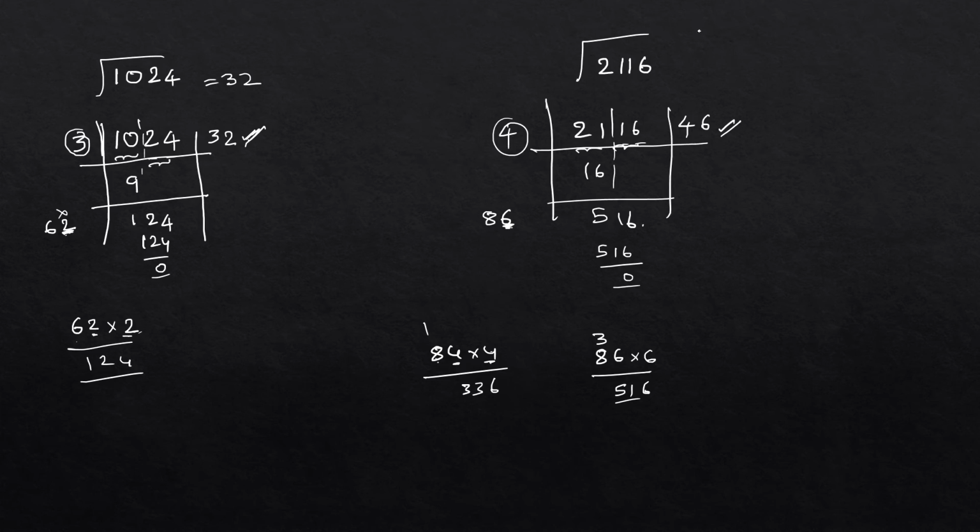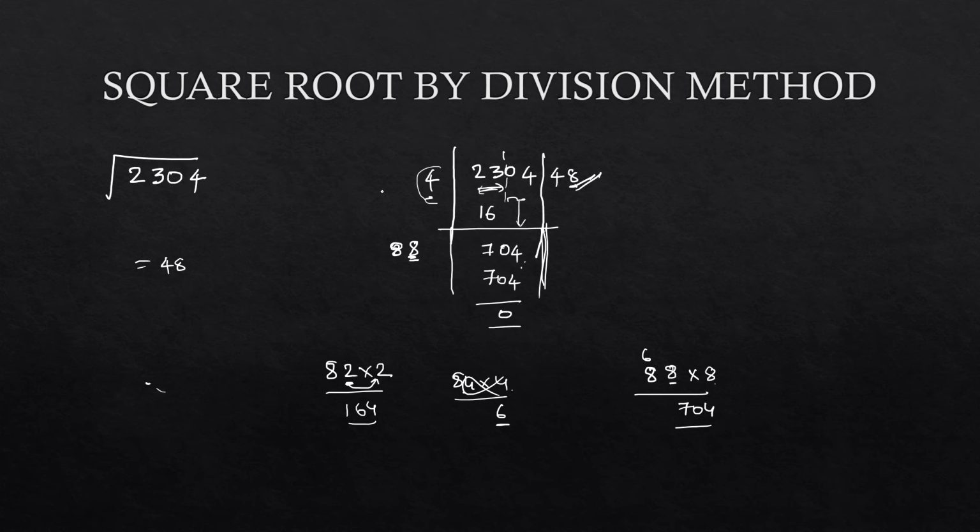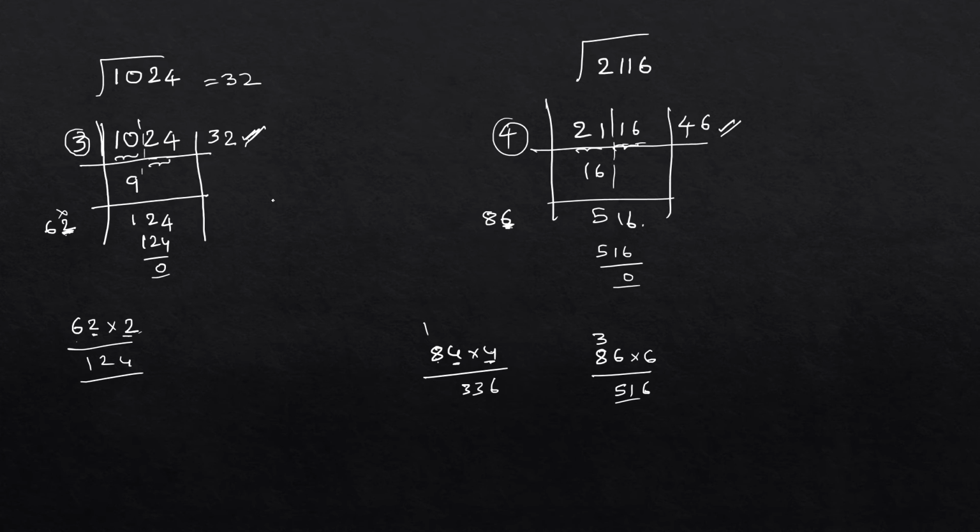Let me give one more example, not only 784, so that it will be more clarified even for other digits also. Whatever questions we have found out here, these are all 4-digit numbers, right? So now we are moving for the first time to a 3-digit number. See here, 784. Now I told you already, to find the square root we should separate 2 digits from the right. Okay, and the remaining part is 7.